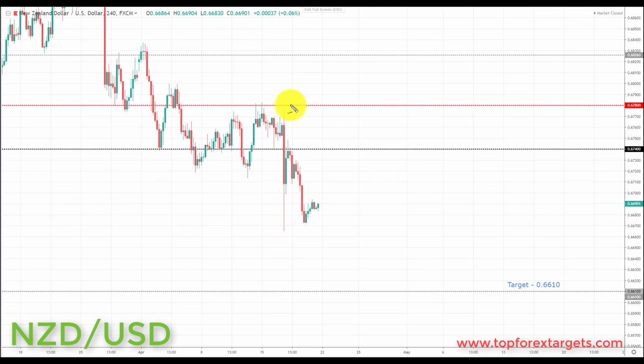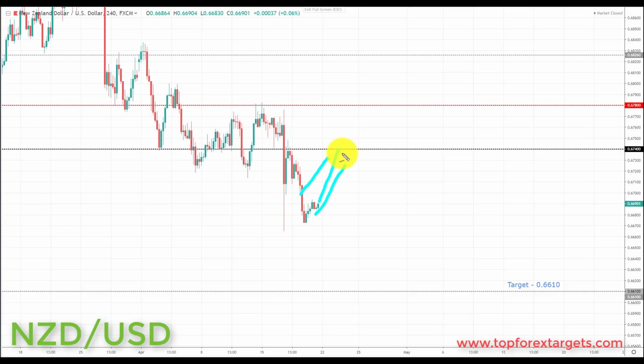Now last week we had this big decline to the downside in the New Zealand dollar off the back of that CPI inflation data coming out of New Zealand last week. So very simply put, we are looking for further declines going into next week in the New Zealand dollar. If we can get a pullback towards broken support, looking to turn resistance at 0.6740, and as always, preferably if we can actually get a retest of broken support, turning resistance at 0.6740, this is going to be a great place